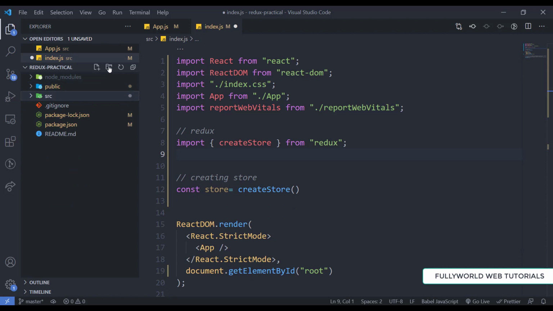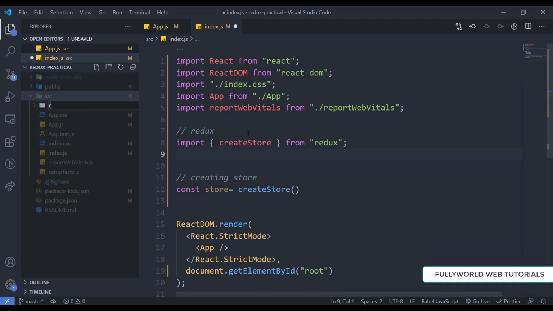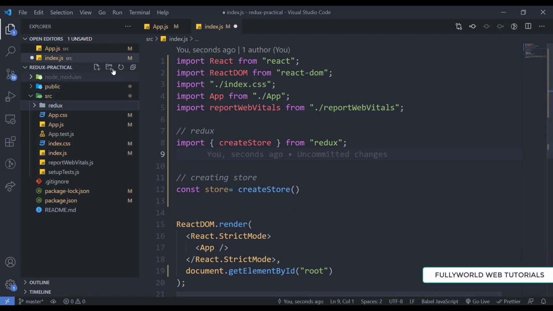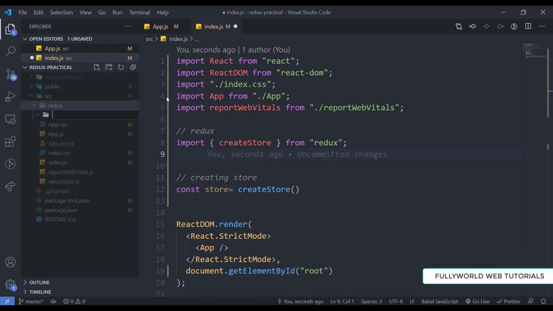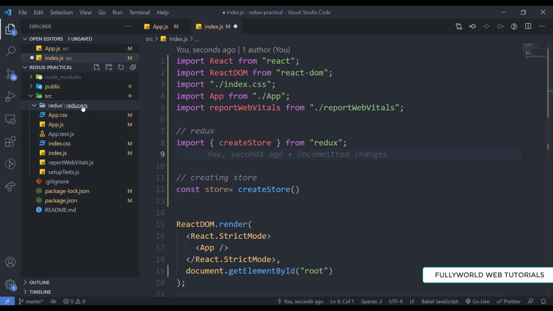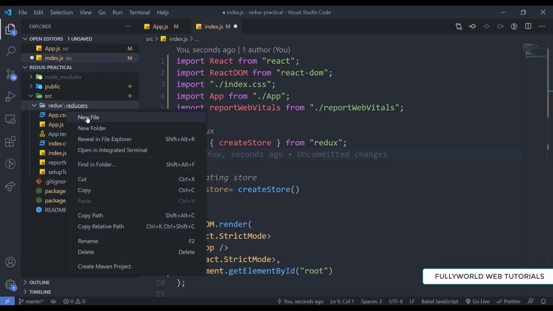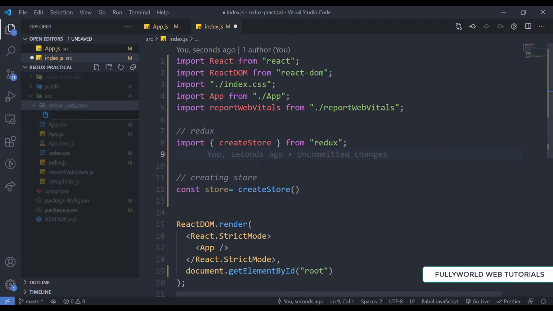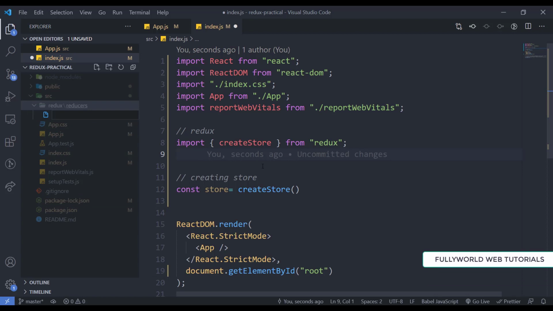For that, I'm going to create one new folder, that will be our redux folder, and under that I'm going to create one new folder, our reducers. And under the reducers folder, I'm going to create a new file, and that file will be any reducer. You can name it anything.